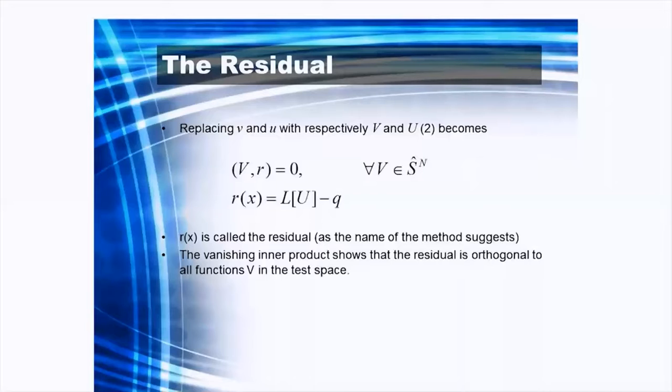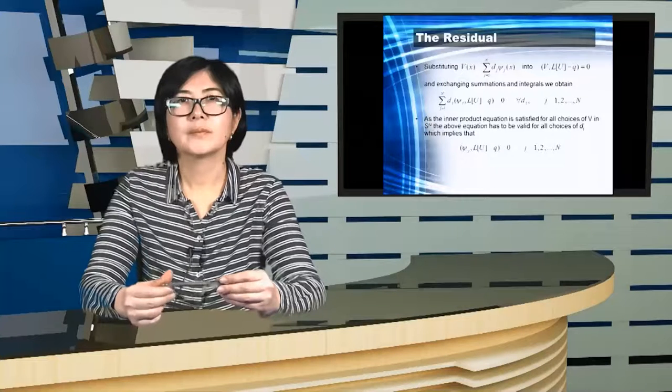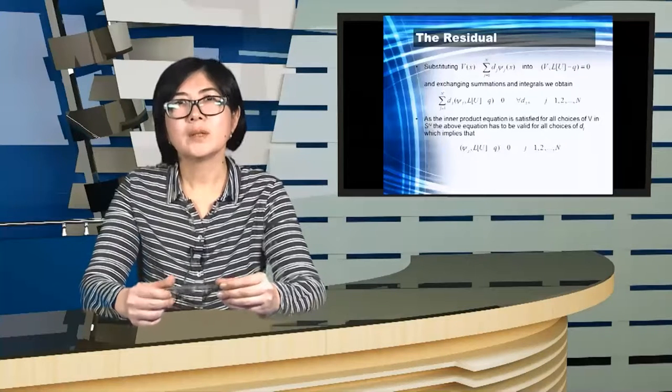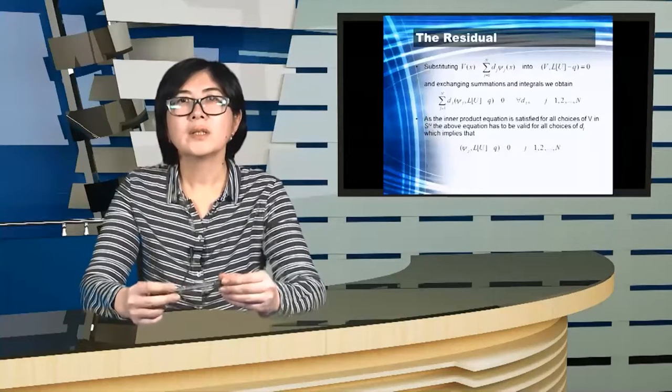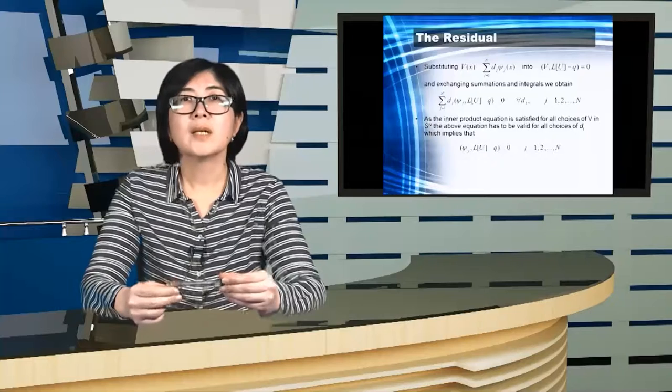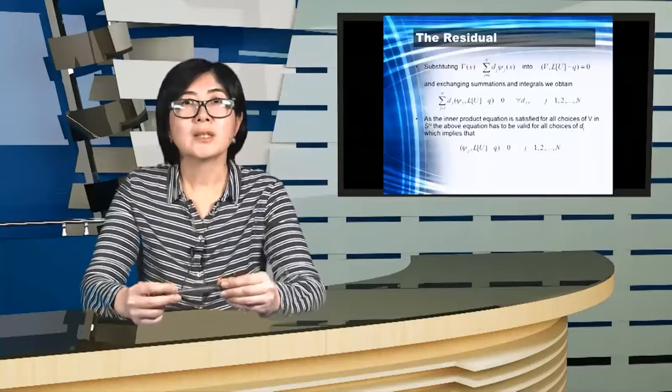Function R is called the residual and it's always orthogonal to V. This is because the inner product is equal to 0. If we substitute the approximate test function V into the second equation and exchange summation and integration, we obtain